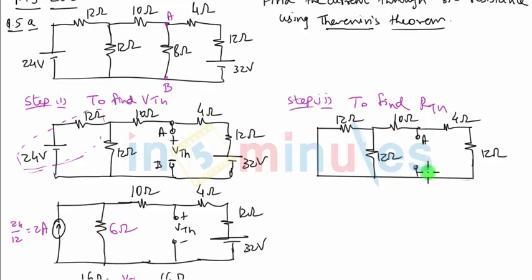And we must define A and B also. So what will be my RTH in this case? My RTH will be the resistance that will be seen through terminals A and B. So you can see we have replaced all the sources and hence my network consists of only the resistors. So let us combine all the resistors one by one.